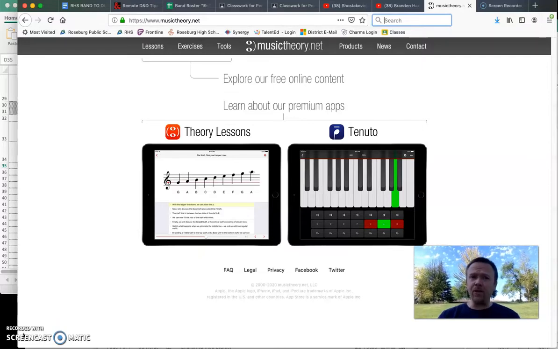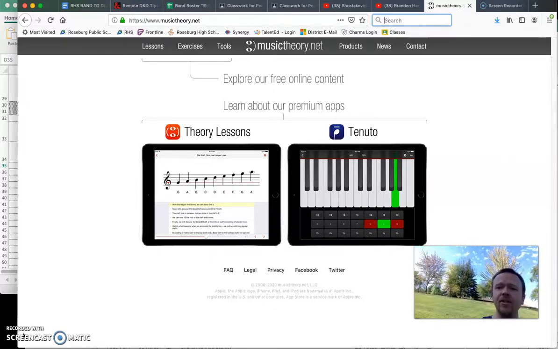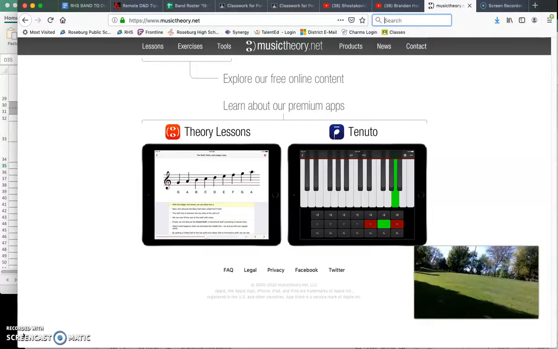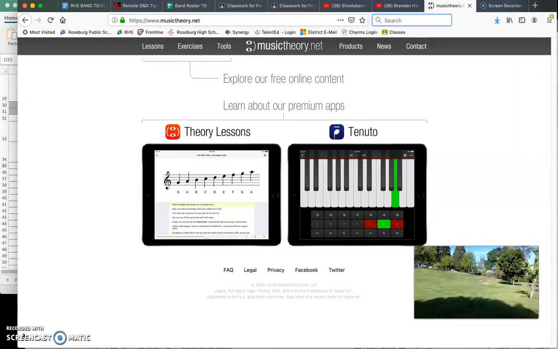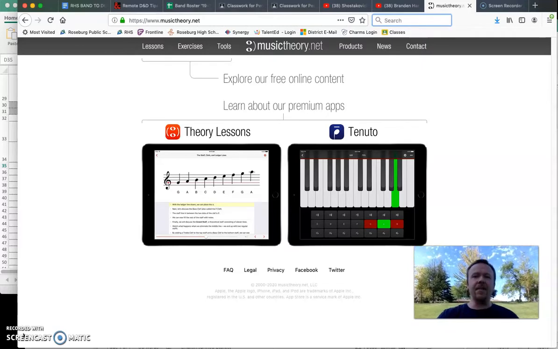But first off, I want to make sure to encourage you to get outside any chance you possibly can. Even though I'm still staring at a computer, I felt like it was such a beautiful day. I had to get outside, so we're here in Stewart Park checking things out. So just make sure anytime you can, you get outside because we're all staring at our computer way too much,